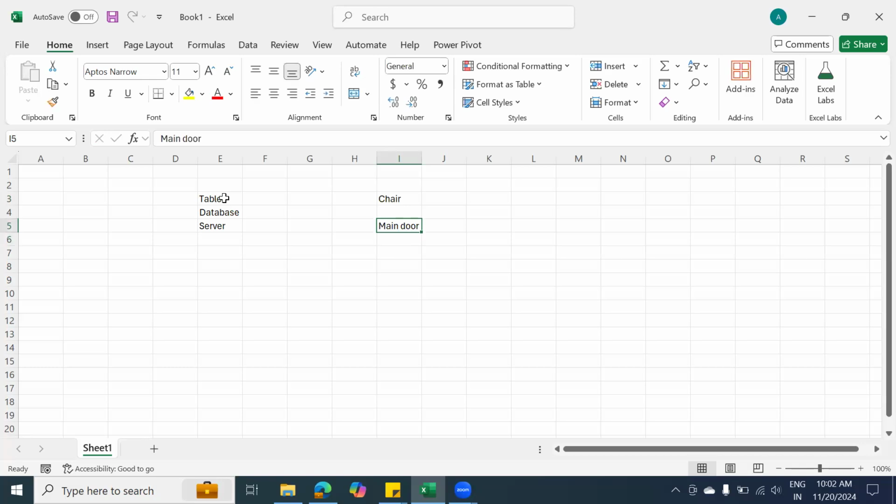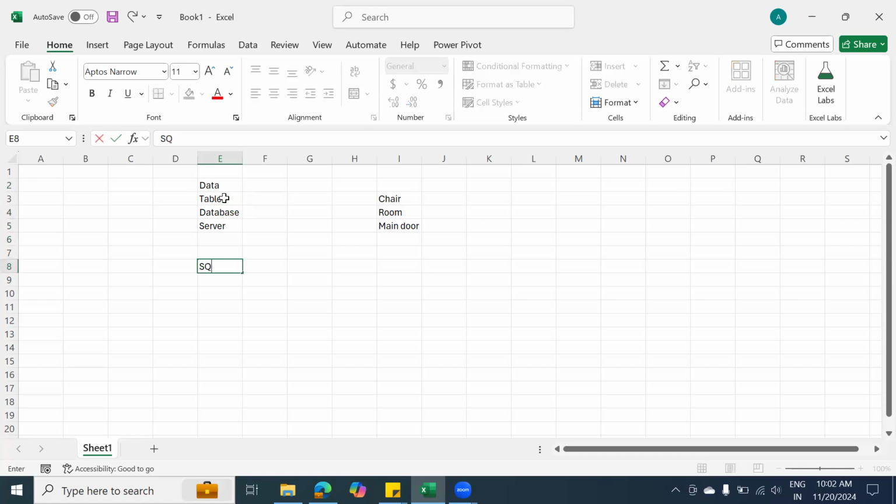Once you enter, then you need to come to the respective room. If you come to the specific room, that is nothing but your database. In that room, you have your chair. I'm going with a very generic way, guys. So this is how we store the data. First of all, data is stored in a structured format. Whenever we store the data in a structured format, we call that a table. That table is stored in databases. All the databases are stored in server. That's what we discussed yesterday.